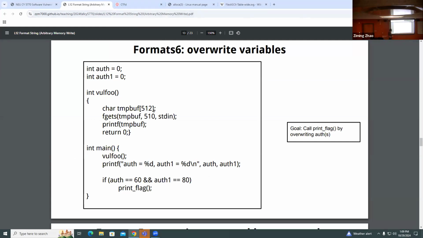So there is a local buffer, 512 bytes. F gets into that, the low buffer overflow, we're using that as a format string. So there's a buffer, so there is a format string vulnerability. However, this one doesn't trigger buffer overflow either. But we're going to override this. So the idea here is to